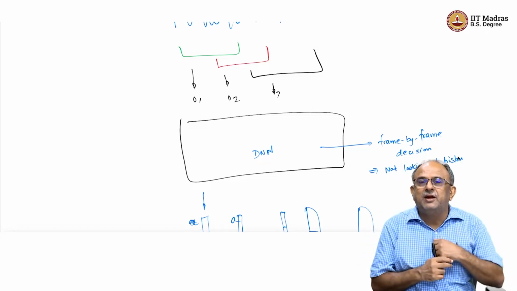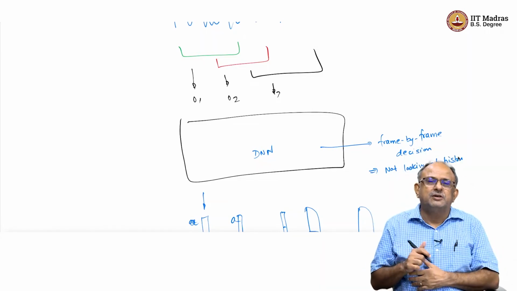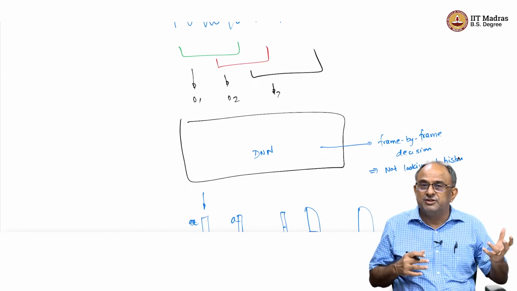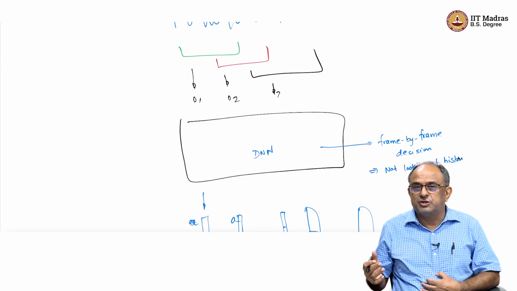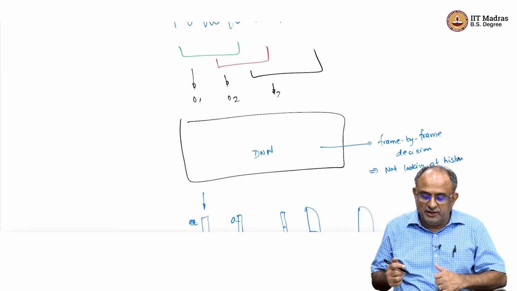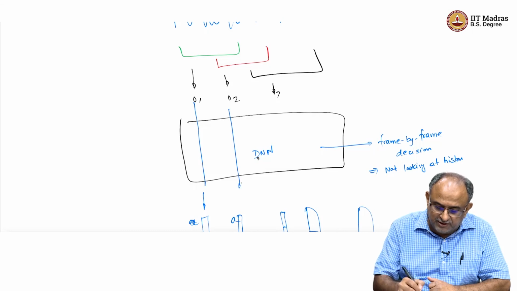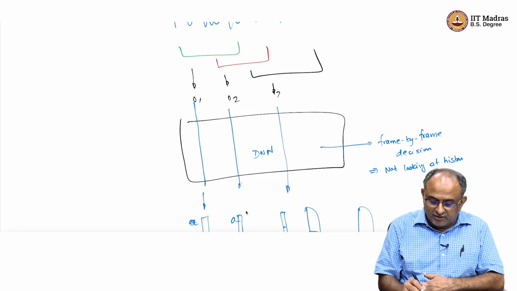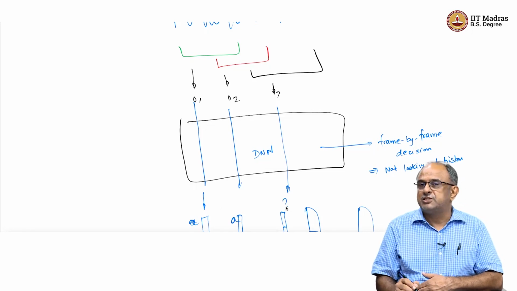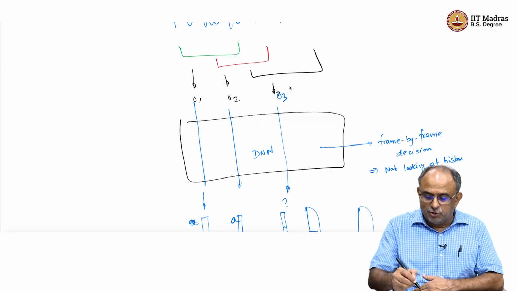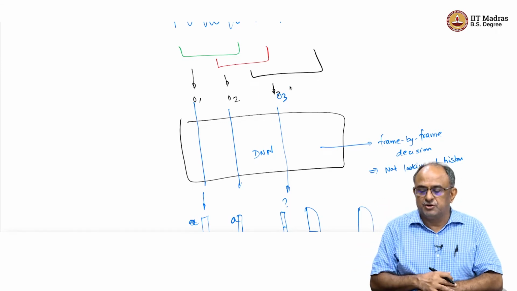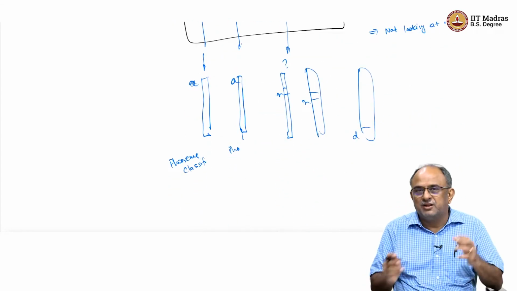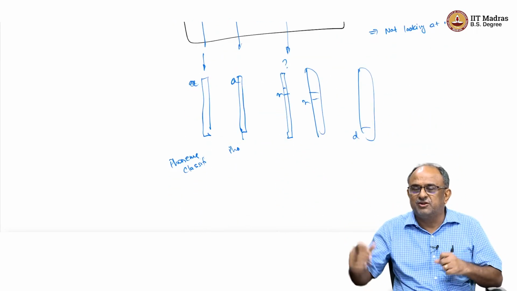You might stack some neighboring frames and say that is like a memory, but that's a crude way of saying it. It does not keep track of what sounds were produced before, and therefore what the next sound should be. It is not influenced by what happened previously. Every step it just goes through. So when O3 comes, am I going to be influenced by the earlier frames? No. Independently, I am going to pass it through the network and make a decision. So it is doing a frame by frame decision, which is not a very smart thing to do. In speech there is some structure. We know that there is continuity and so on.